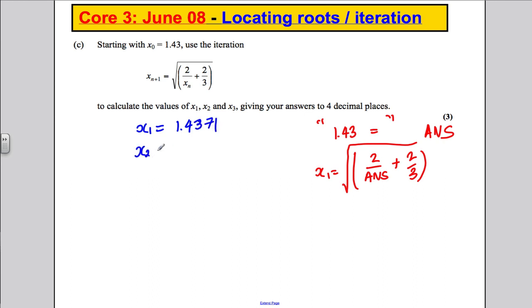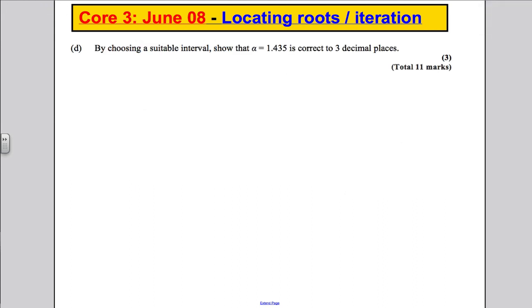We would get x2, pressing equals again, is 1.4347. x3, just by pressing equals again, would be equal to 1.4355, and we'd be done. And next, part D, choose a suitable interval to show that alpha is 1.435 is correct